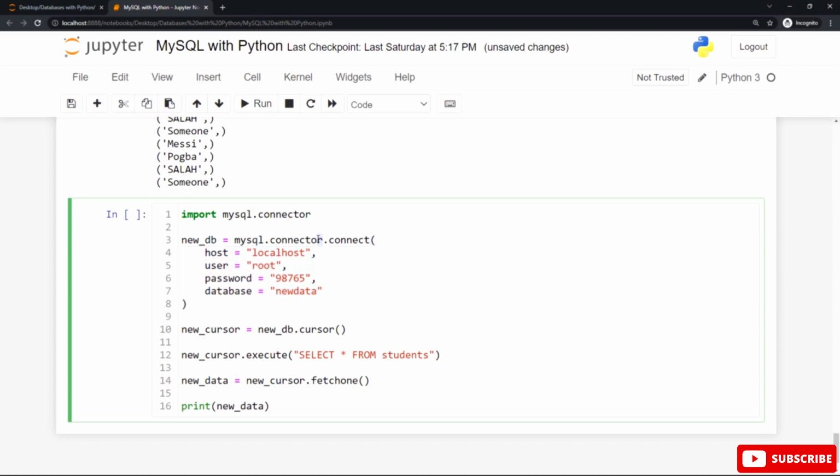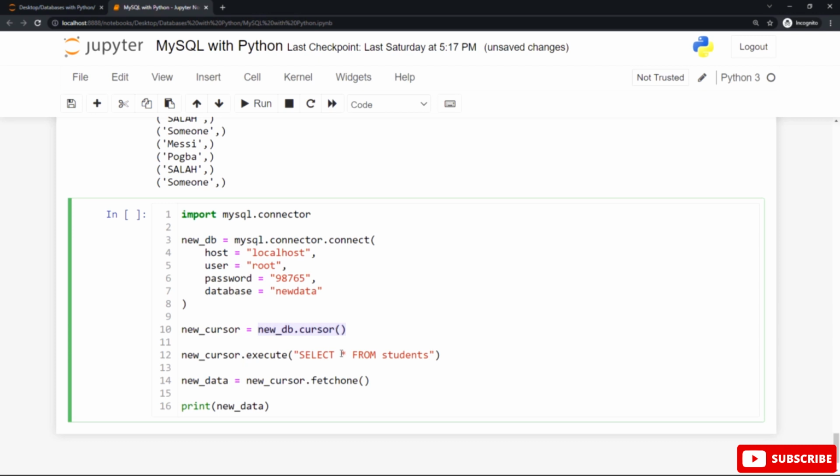This is from the MySQL connector, this package or module in the Python programming language. Assign this to a variable. You can call it any valid name you wish, but try to make it more meaningful and descriptive. After that, you have to create a cursor by using the cursor statement to execute or perform the MySQL statements, like this example here.